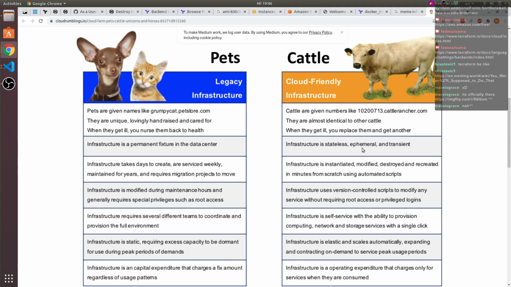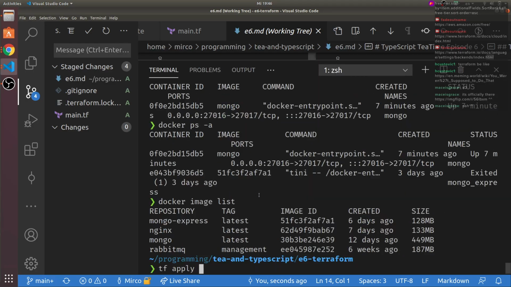Ephemeral, which means short-lived in the sense of you don't intend to have it forever. And transient, I'm not 100% sure. It's instantiated, modified, destroyed, and recreated in minutes, and we will do that just now.